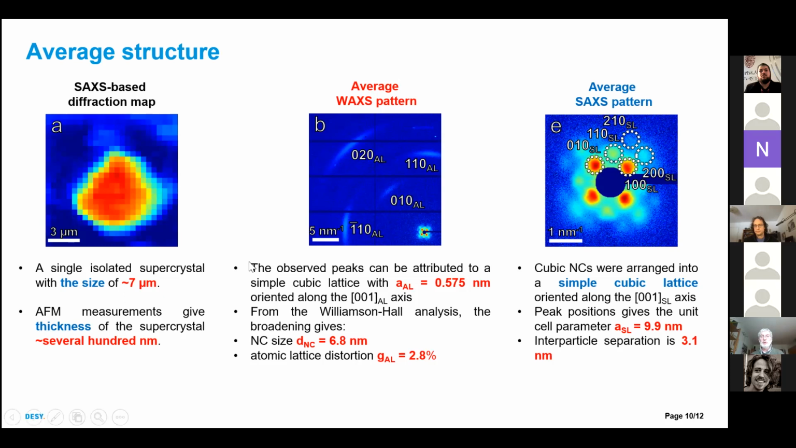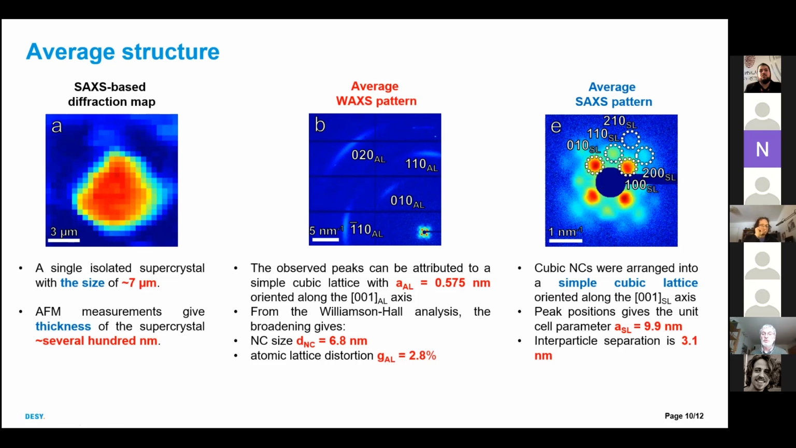If you look at the average WAX pattern, you can already say that the observed peaks can be attributed to a simple cubic lattice with a unit cell parameter of 0.5 nanometers, arranged along the 001 atomic lattice. And from the Williamson-Hall analysis, the broadening gives us a nanocrystal size of about 6.8 nanometers, and the atomic lattice distortion